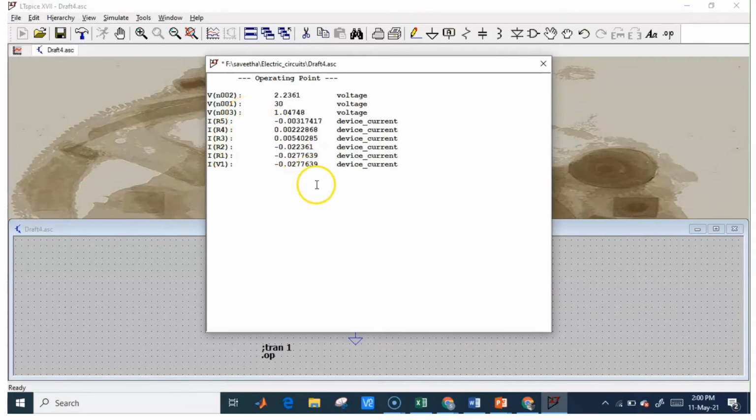As it is DC, instead of the waveform we can go with this in order to find the values, but in order to see how the waveform will be, that will be easier. Here the node voltages and the branch currents will be given, we can easily find. Why is it represented in minus? It is representing in the opposite direction, so it is given in minus. These are the values we have got even in the waveform. Just verify this with the theoretical values.